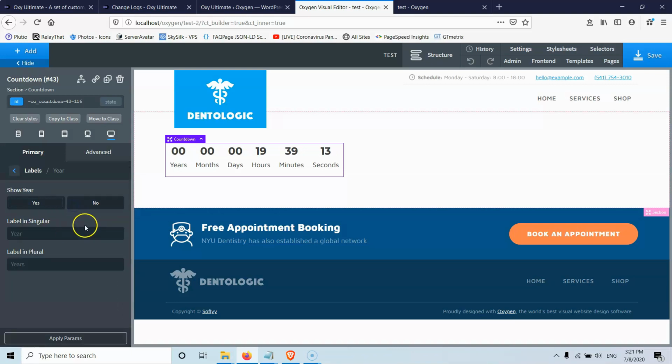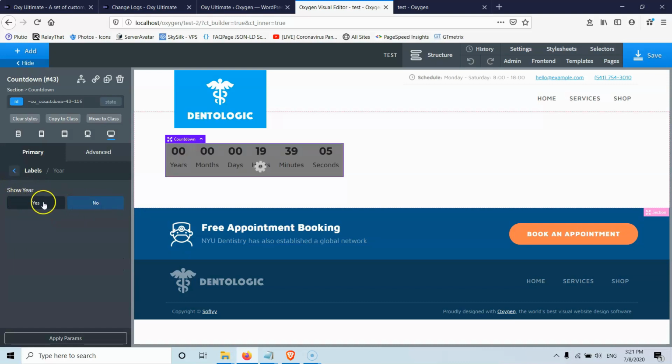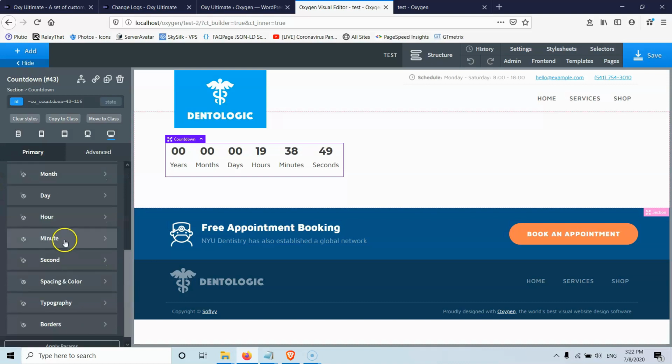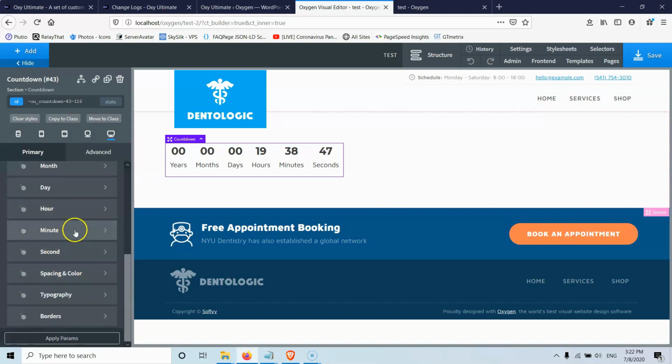So you can select to change here the years, and here it says show year yes or no. So you can hide the year, but you cannot hide the days automatically after they go to 0. This is what I mean. So this is the plural, so it goes from years to year. And you can change the label for everything else.